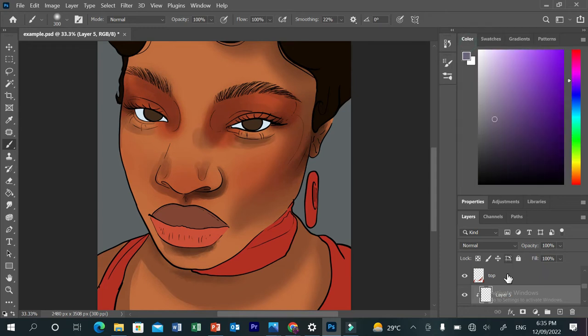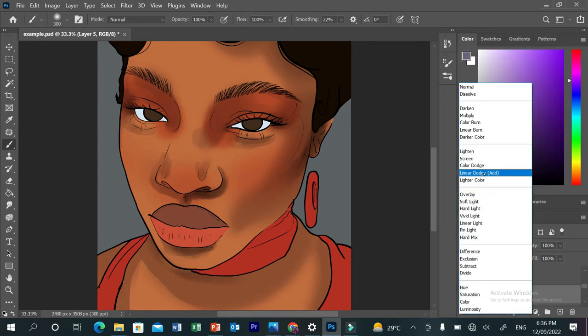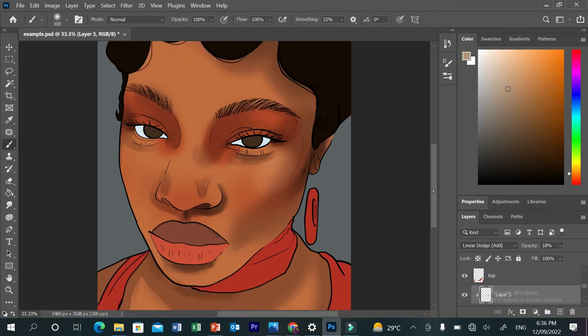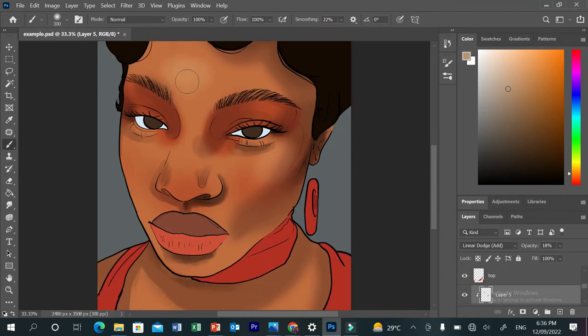I go to my layer and I go to dodge, lighten, drop it down to 18% because you have to build up this highlight. And I'm not going to pick the brightest color. I'm just going to pick a nice grayish color. I'm going to start with that and I'm going to build it up as I go with many layers of highlight. You can see I'm already attacking the forehead because that's where a lot of light is, and the cheeks with a smaller brush,